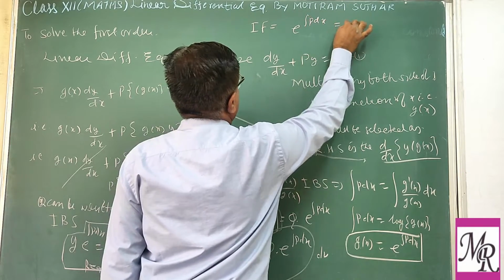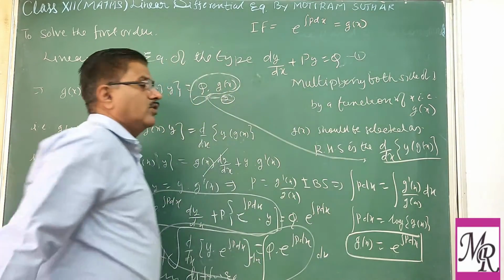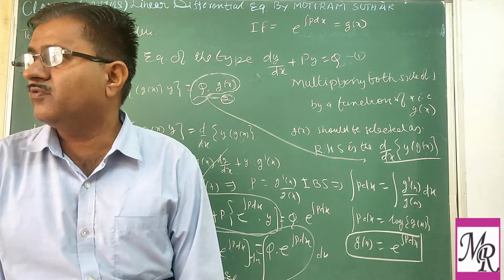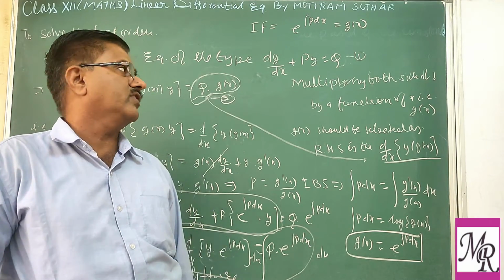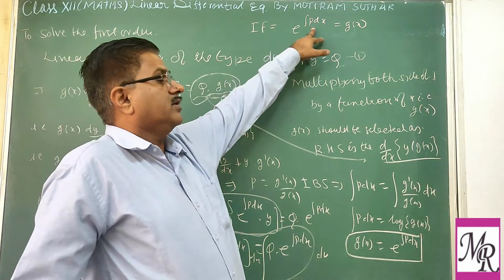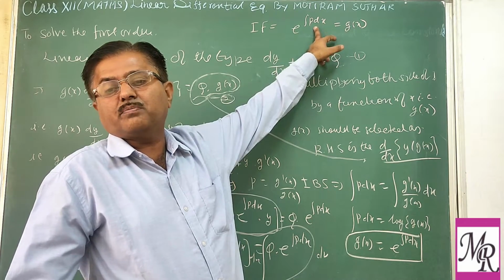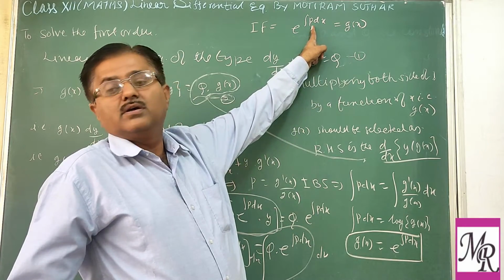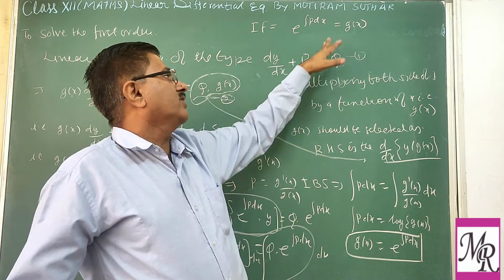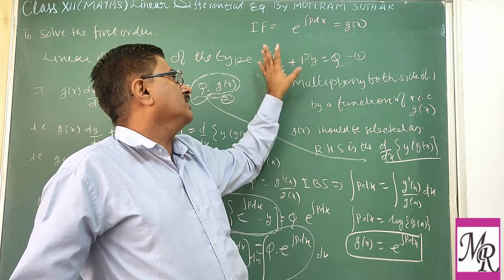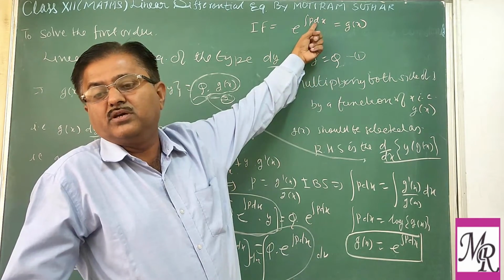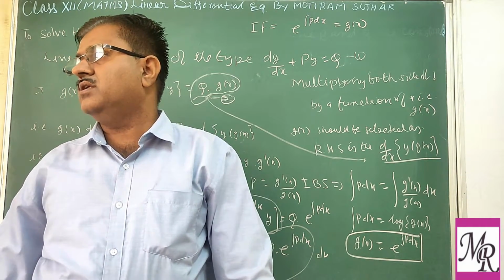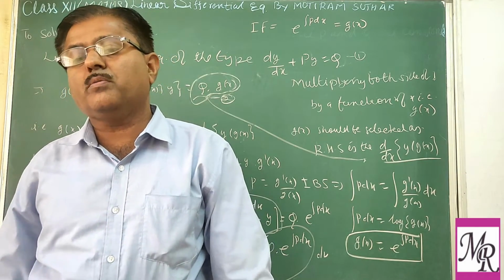What we get in the value of g(x) is known as the integrating factor. So the integrating factor of the first type of linear differential equation is e power integration of p dx. From the equation we need only one value, that is p. Clear? All others are variables or functions. So by comparing any equation with this form you get p. For every other type of linear differential equation there are different values of p.